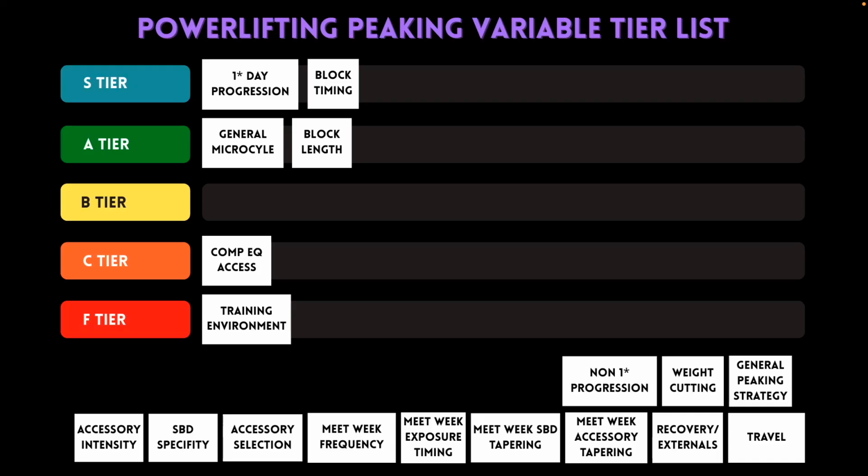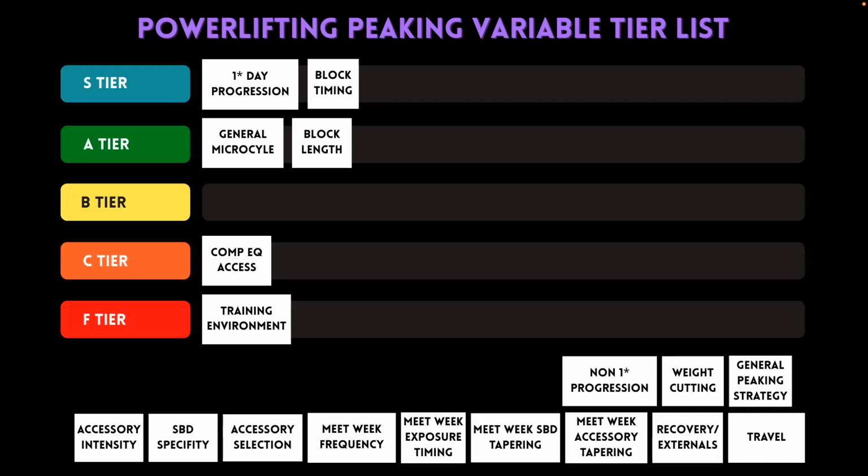So I do actually see that there might be an argument to be made for it to be even more important than primary day progression, but I think they're about the same in terms of importance. I think we can classify both of these in terms of load progression going into meet day. It really is just a matter of how we view these for a certain athlete and how necessary they are in terms of coming in as strong as possible on the day. So yeah, I can see it honestly being more important than primary day progression, but also not, you know?